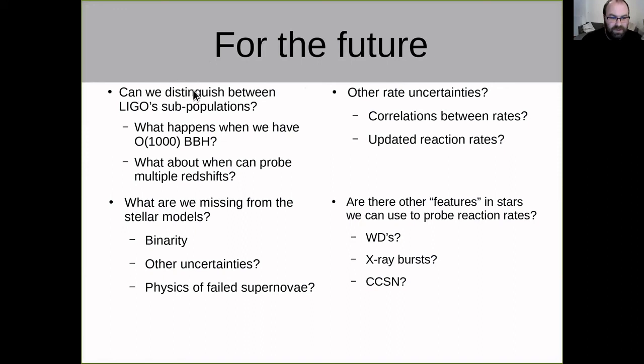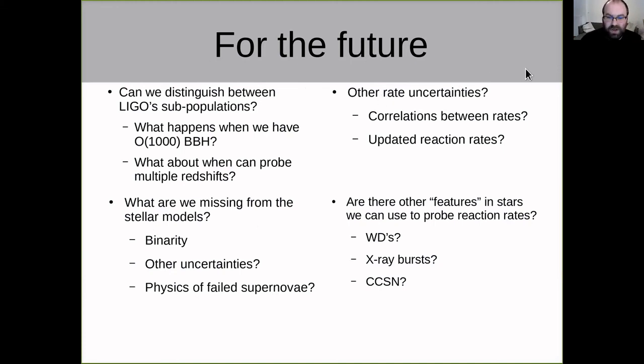So the big thing is really going to be, can we understand the LIGO population, subpopulations, are there different formation channels? What do we think we need to still add to the stellar models? Binarity in a fully consistent way is a big thing. On the nuclear physics side,